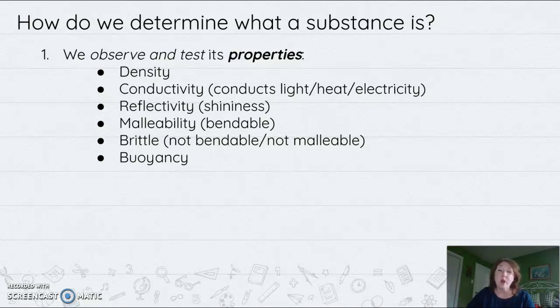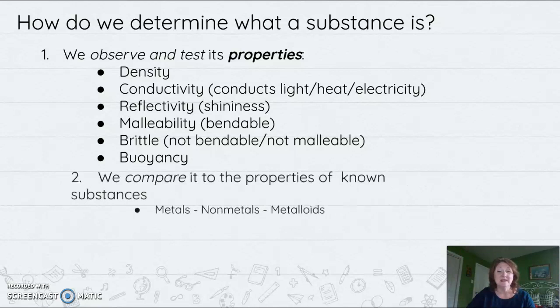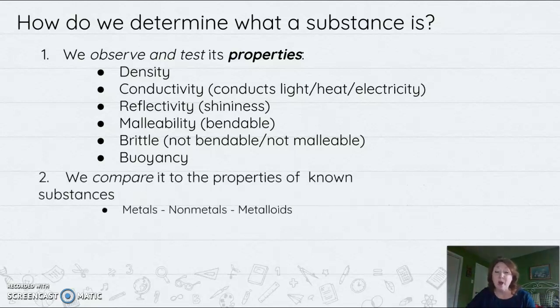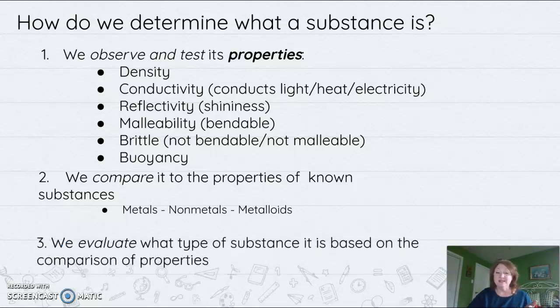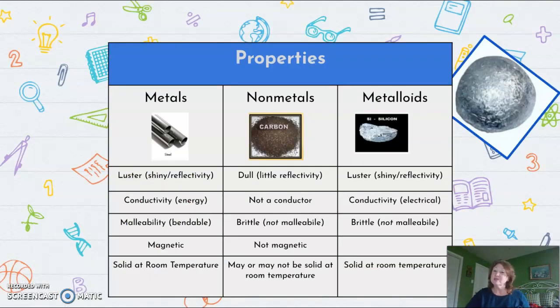But once we know what the properties of the mystery substance are, then we compare them to the properties of known substances. For example, metals, nonmetals, or metalloids. We compare this substance we're wondering about to the properties of things we do know what they are. And then finally, we can evaluate what type of substance it is based on the comparison of properties. And it's that simple. So let's look specifically at properties of metals,